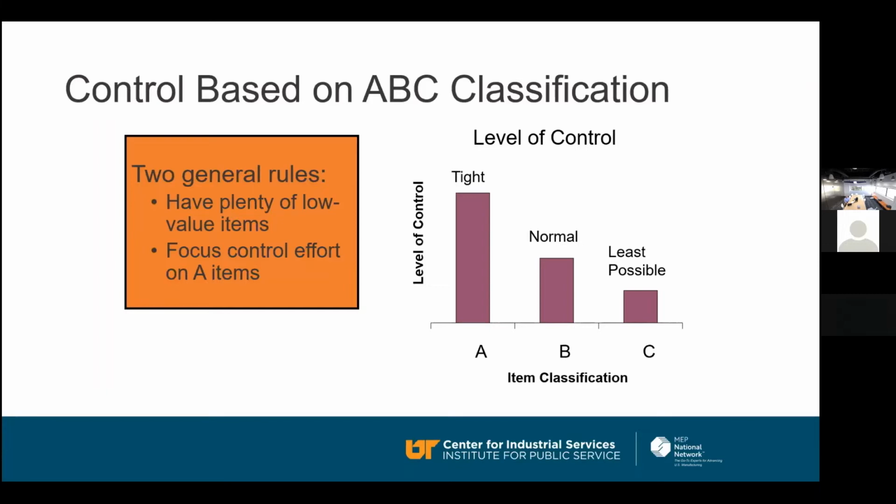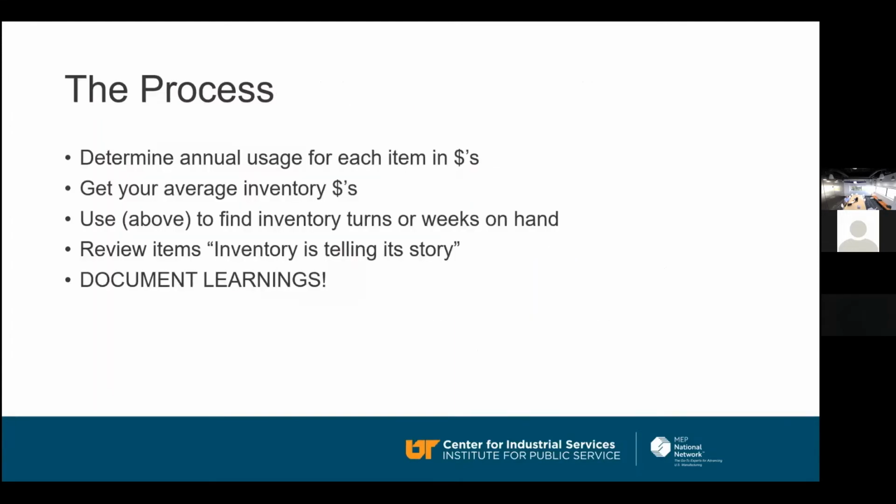One thing that I had done when I was in pharmaceutical supply chain was we had one component that had a very high value. And when I was trying to categorize everything by A, B, and C, this thing just blew the model out of the water. So I created a super A category. I put it in a class by itself just because it had so much value and affected the organization so much that it needed to be managed much more closely than even your A items. So you have latitude on this. You can make it work for you however you need to.